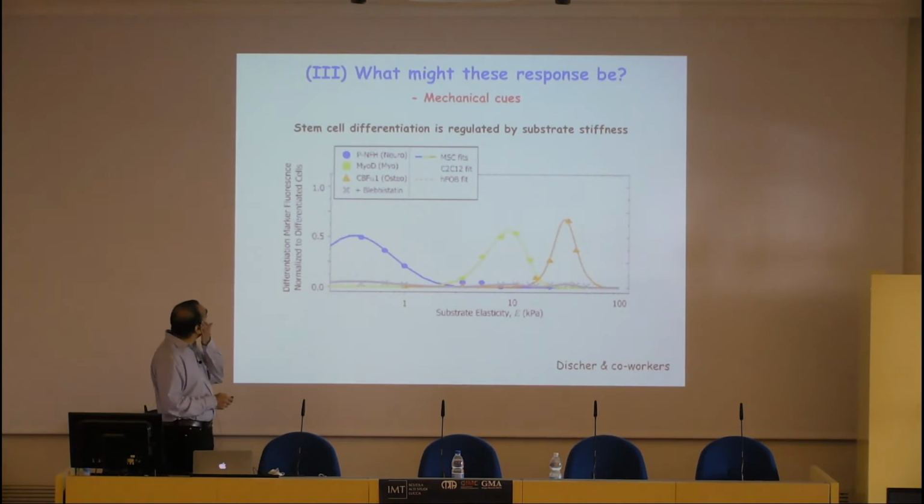Another mechanical cue is that if you take stem cells on different stiffness substrates, these are again Dennis Discher's experiments, if you put them on very stiff substrates, you basically see that these cells have differentiated into osteoblasts, again with a probability distribution. Over this range, they differentiate into osteoblasts, being bone cells. On slightly softer substrates, they're differentiating into myoblasts, which are muscle cells, and then on even softer substrates, they're differentiating into